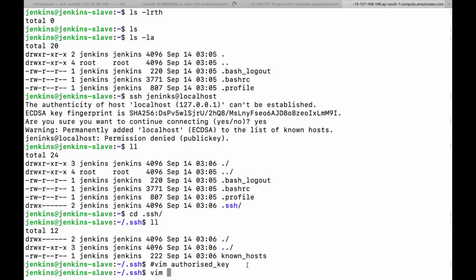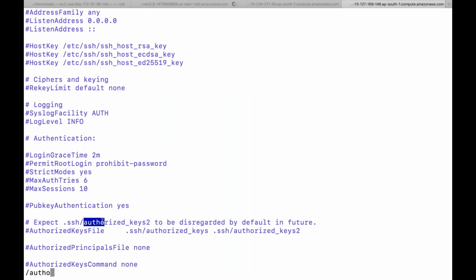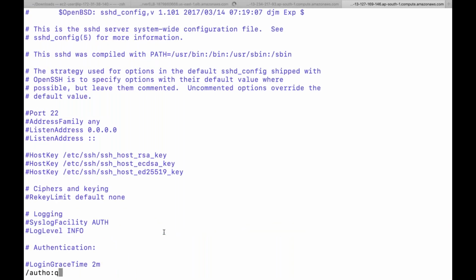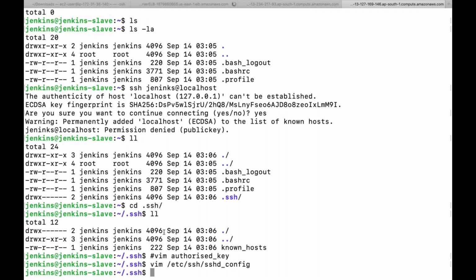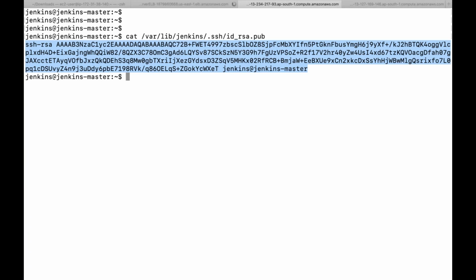So to know the actual name, I'll go to the file /etc/ssh/sshd_config. Over here there are multiple files. See guys, this is a particular file; either the file name has to be this or it has to be this. The file name I was typing seems similar, but if you do not create the exact file name, then obviously it is not going to work for you, right? So I'll create a file with the same name as mentioned within the sshd_config file.